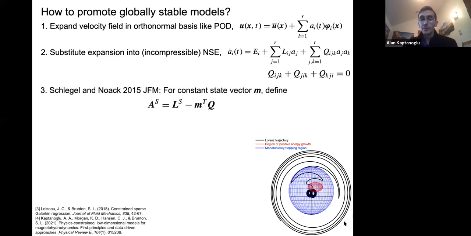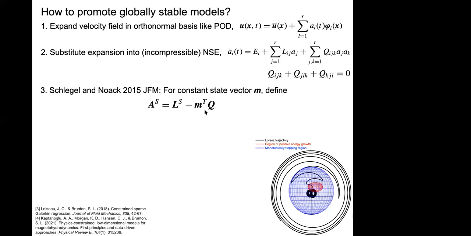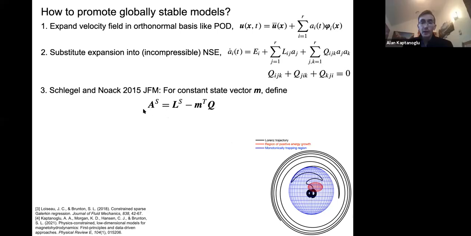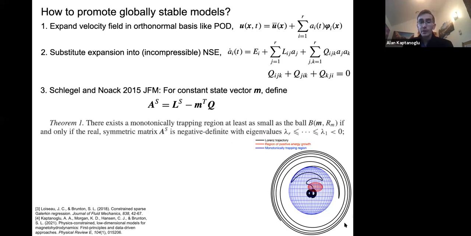Still following the JFM paper, now what we do is we define this matrix AS, which is the symmetrized matrix L appearing in the POD-Galerkin model here, and this state vector M dotted with this QIJK tensor. So we can make that definition. We can define this AS, and now the theorem is that there exists a monotonically trapping region